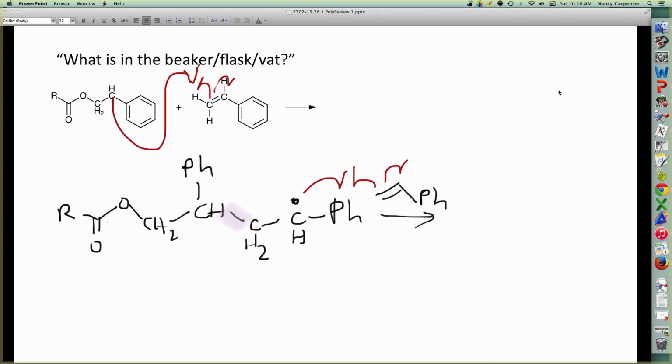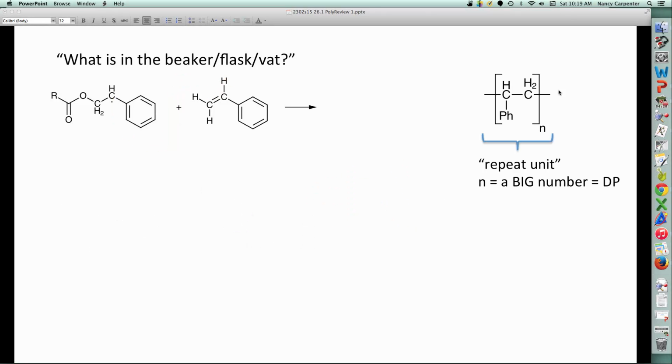And so eventually we have polystyrene, where there's many molecules of styrene that have added together. So n is a really big number, like tens of thousands, and that represents a unit that is used frequently in polymer chemistry. That's called the degree of polymerization. So what's interesting about